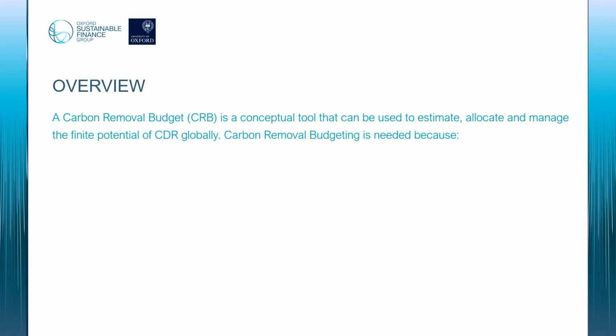So a carbon removal budget is a tool. As Ben said, it's a tool that can be used in a number of different contexts, and ultimately in the paper we put forward the framework. Now, this framework can be utilized in a number of different ways, but critically it's important because we need to start having these conversations about how to develop carbon removal potential, allocate it, and ensure that that's done equitably and sustainably. And this is building on a lot of work from colleagues here as well as at other institutions